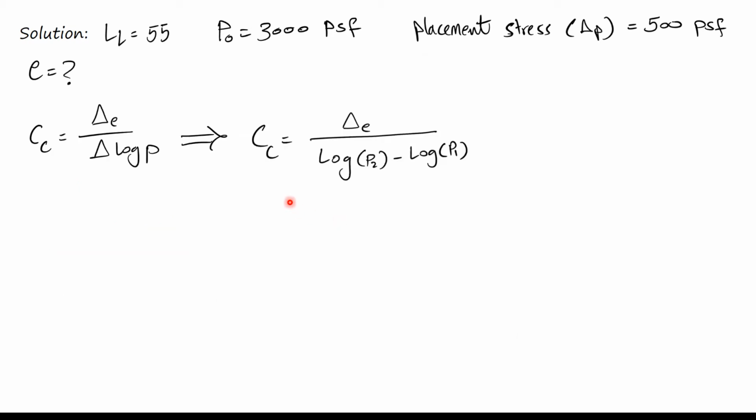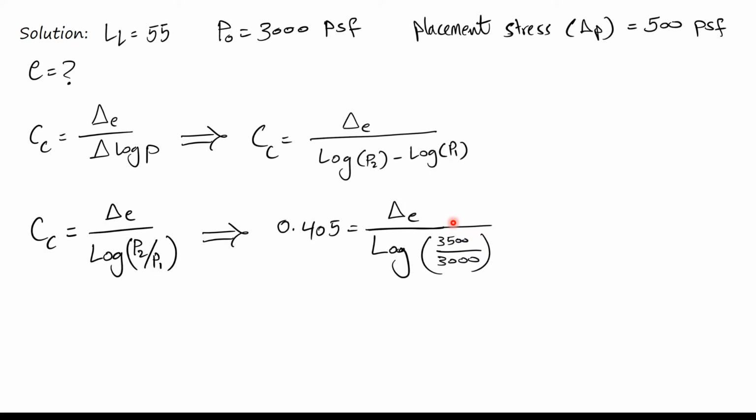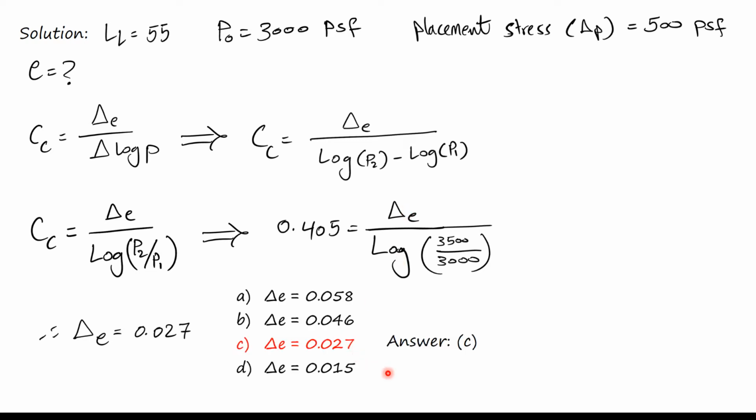Now if we want to put it mathematically, it'll be C sub C equals delta e over the log of the additional stress, which is P naught plus delta P, minus the log of the initial, which is P1. We all know in logs, if there is a subtraction, we can make it one log and put a division. So C sub C, we just found based on the liquid limit, is 0.405. The log of 3,500 over 3,000, and that's going to give us delta e of 0.027,